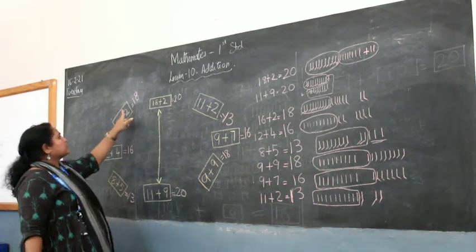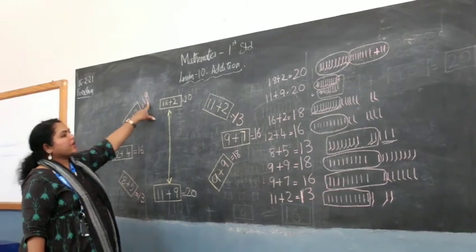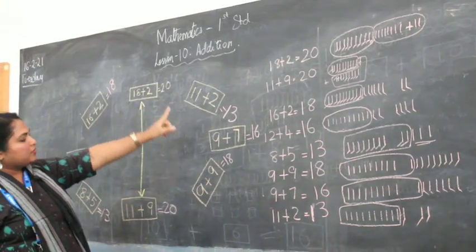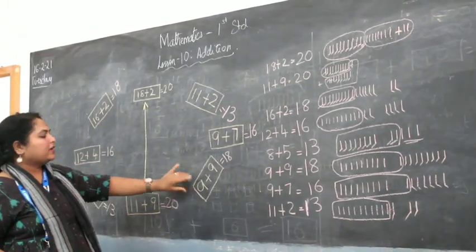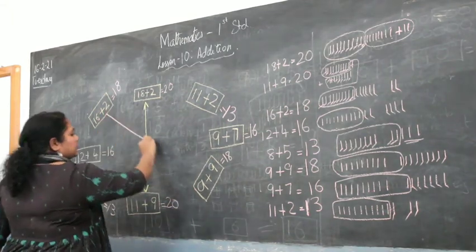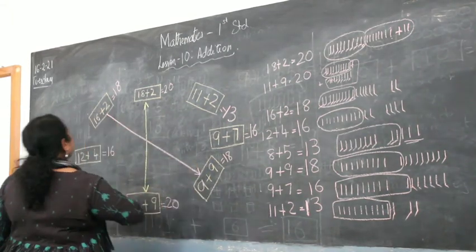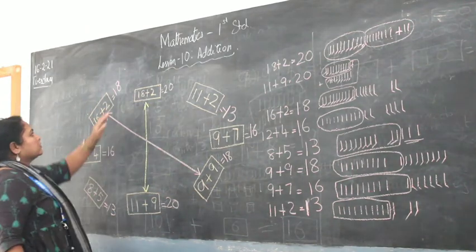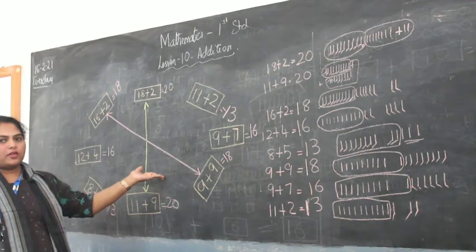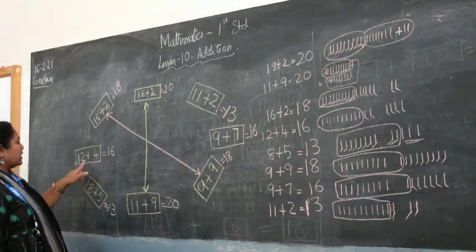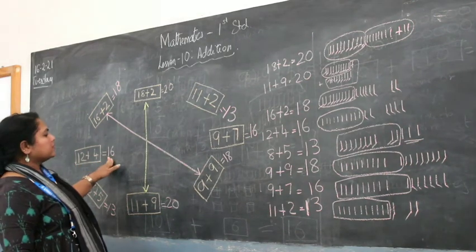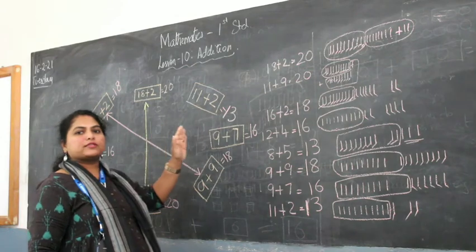Now we can see, this is 16 plus 2 is 18. As we got here, 16 plus 2 is 18. Which is the other number which has total as 18? 9 plus 9 is 18. So what we do? We match 16 plus 2 to 9 plus 9, both are equal to 18, so they are equal sets of numbers. Now we have 12 plus 4. 12 plus 4 is 16, which is the other set of numbers which totals up to 16.